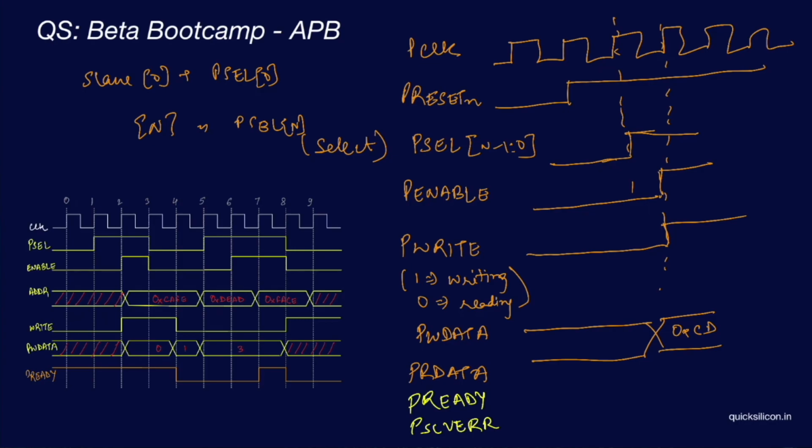So as I mentioned about the p-ready signal, this is the ready signal which indicates that your particular slave is now ready to accept the transaction, and the transaction can be marked as completed. So let's assume that your slave is always ready, so it keeps your ready high throughout. Whatever read or write transaction comes, your slave doesn't care about it. It will service it as soon as it comes, and that is why it assumes that your ready is always high.